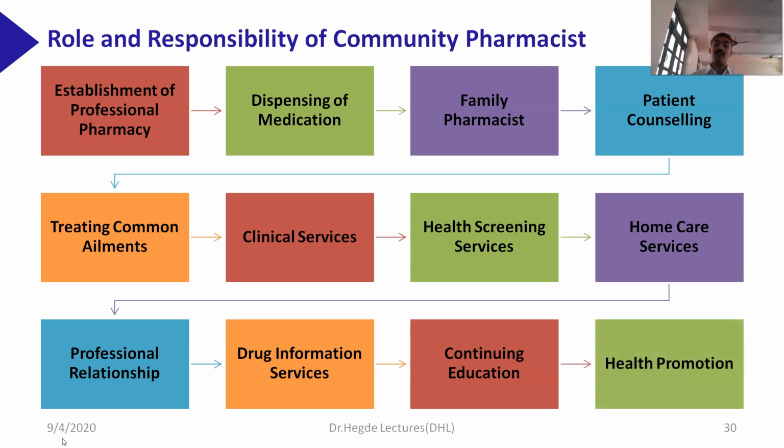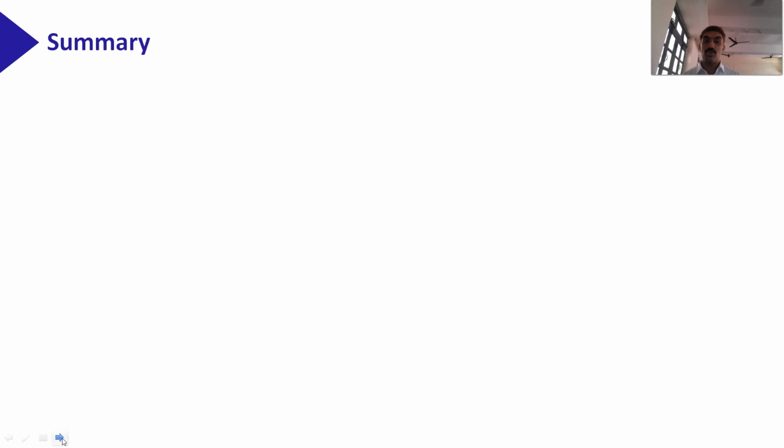And the last role of community pharmacy is health promotion. The earlier state was only curability. From curability, it went to prevention, the preventative modality approach. Now promoting health by various ways, by giving patient information leaflets and providing mass campaign programs, he is one of the important pillars of the healthcare society. This concludes the role and responsibility of the community pharmacy, and here we are concluding by summarizing the whole chapter.